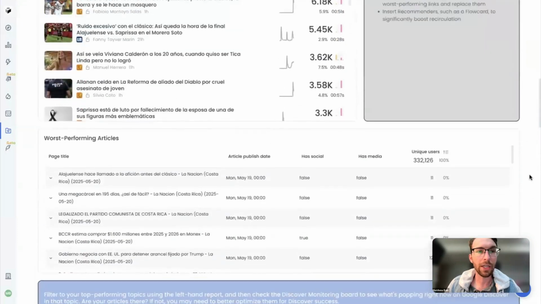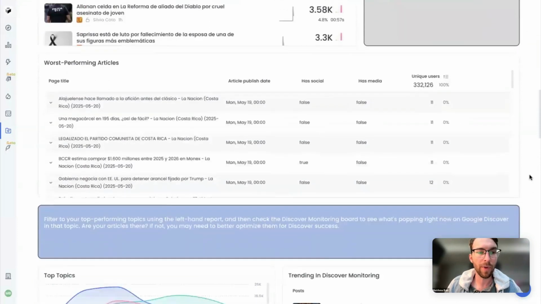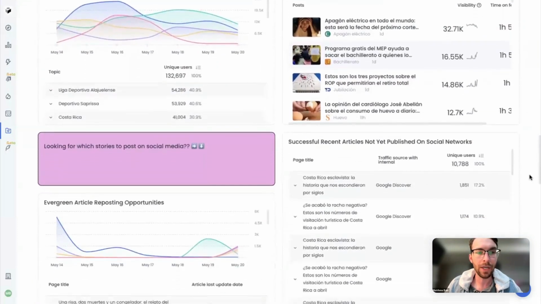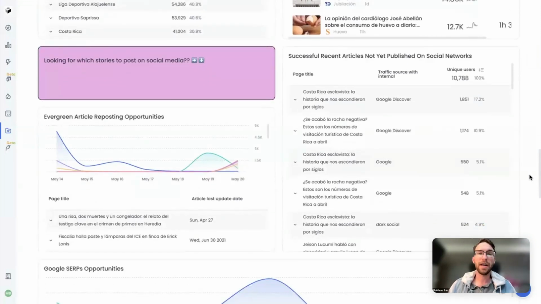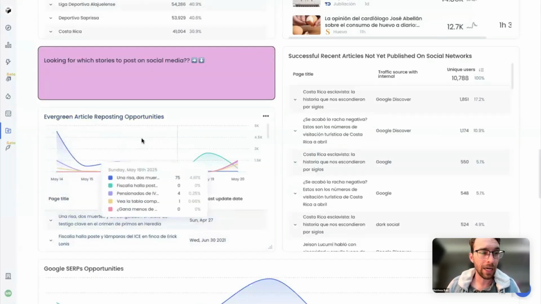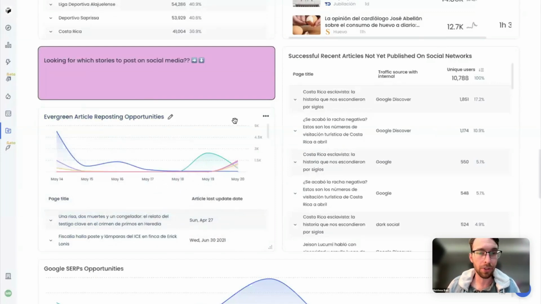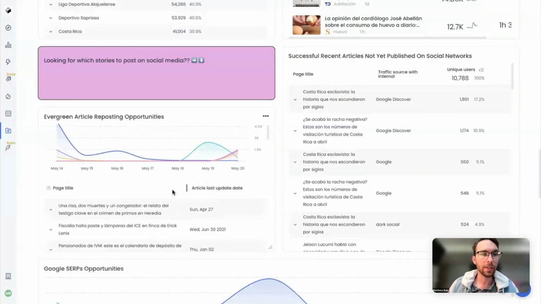So we covered recirculation. We covered low performing articles. We covered Google Discover. Now, let's go ahead and try to find some fluff to put on social media. Looking for which stories to post on social media? You bet, Marfeel, I sure am. So this report right down here, Evergreen Article Reposting Opportunities. This is trying to find old stories that are still generating social traffic that might be worth reposting on social